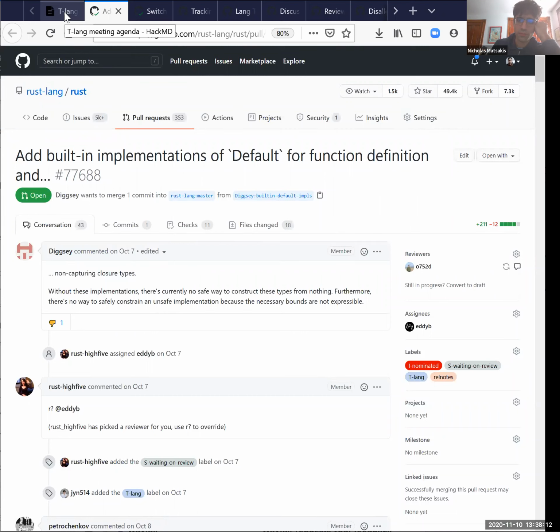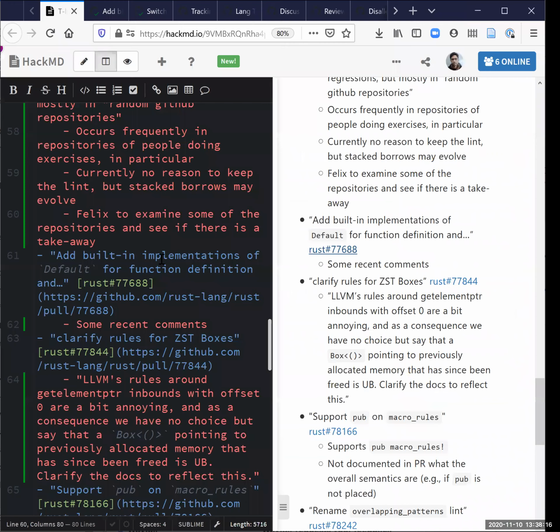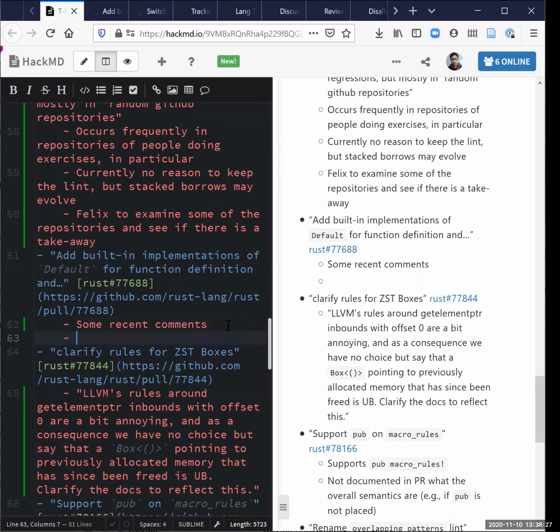I think I would say that the discussion has boiled down to there's some set of folks, including me, that feel that the right thing is not Default, but potentially a new trait, which encompasses this set of types which have function impls and don't need anything, where the type itself is sufficient to call it essentially.